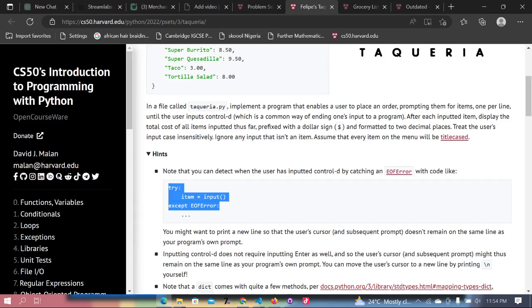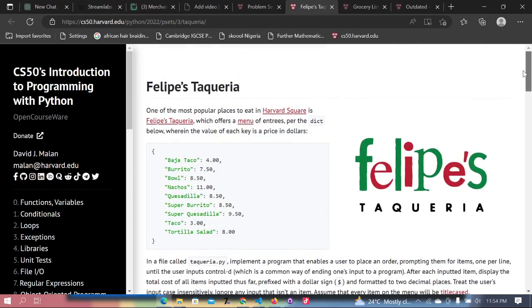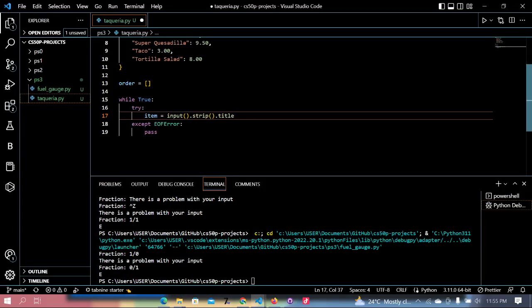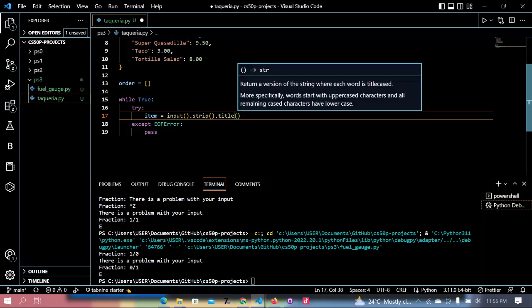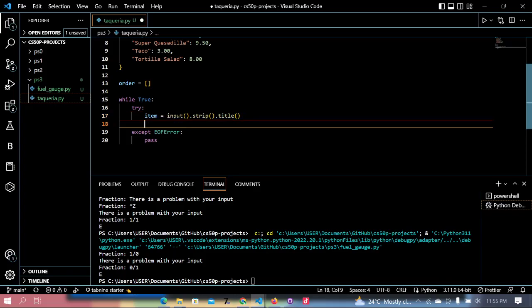Okay. So it says treat the user's input case insensitively. Ignore any input that isn't an item and assume that every item on the menu will be title case. So I mean every first letter of every single word present is going to be capitalized. Right? Then